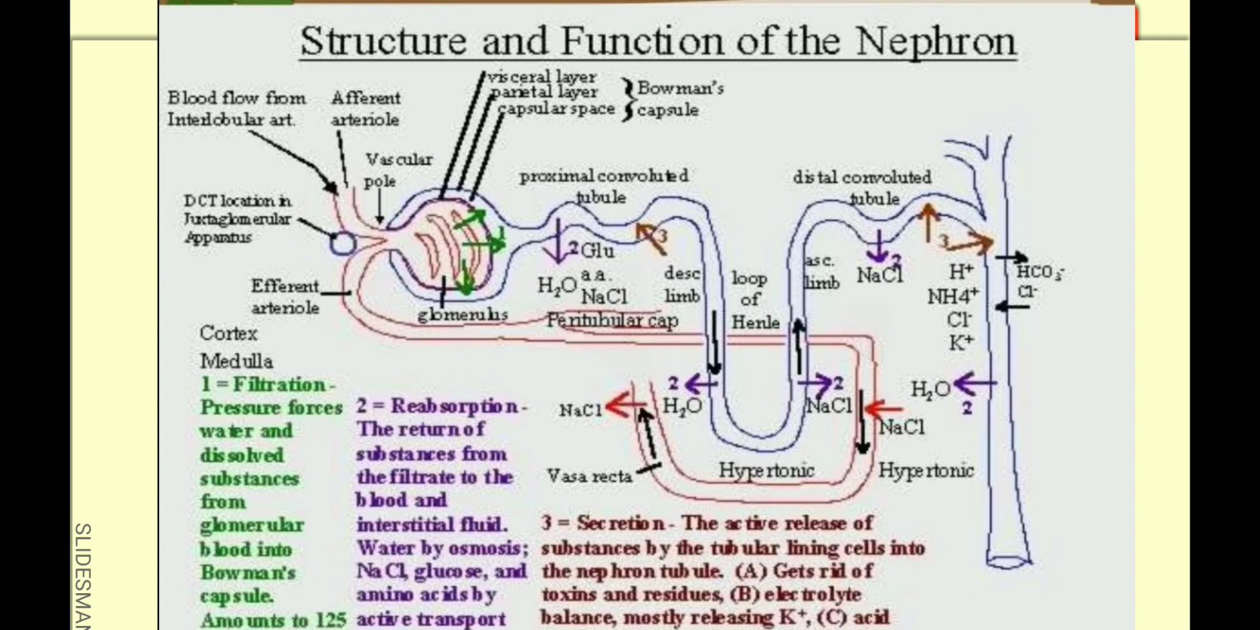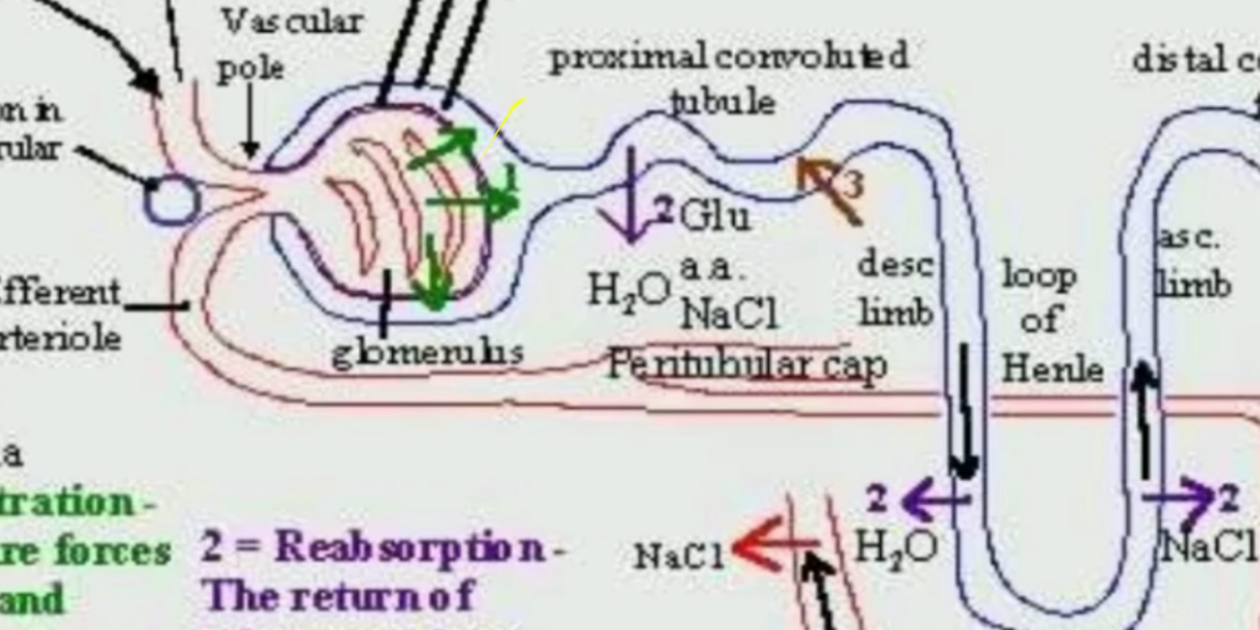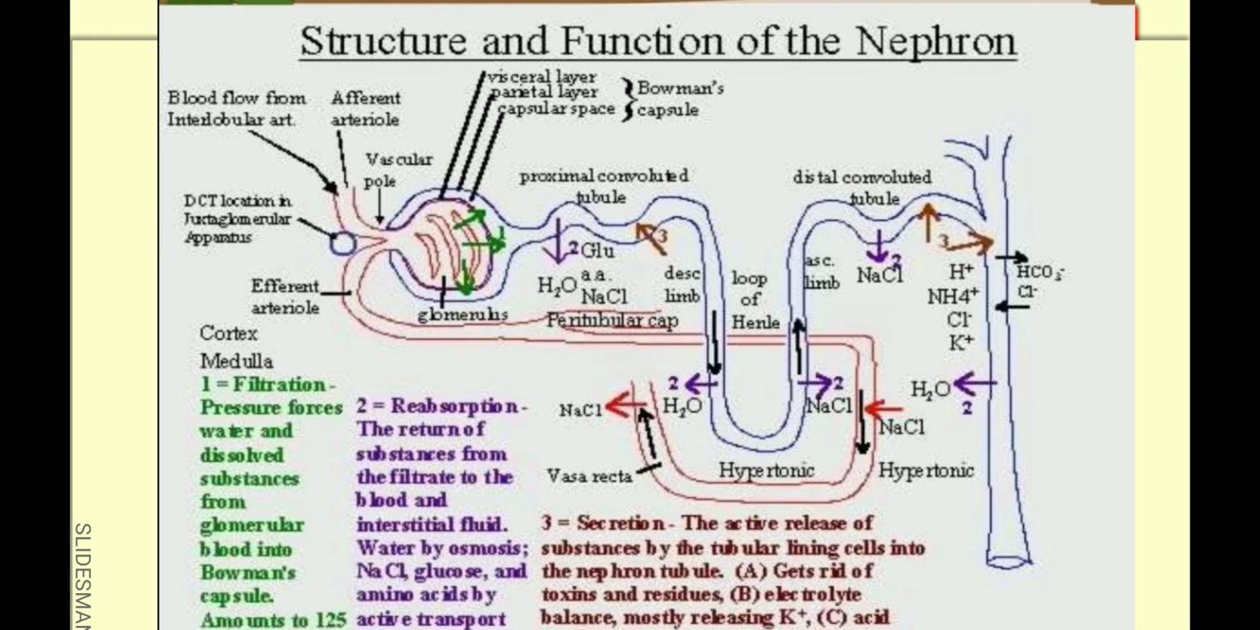Okay? So the tuft of capillaries is known as the glomerulus. So as you can see here, if I zoom in, the glomerulus, which is encapsulated or enclosed by the Bowman's capsule. And as you can see here, the Bowman's capsule has many layers. So we have the visceral layer at the inside, in the middle is the capsular space, and the parietal layer at the